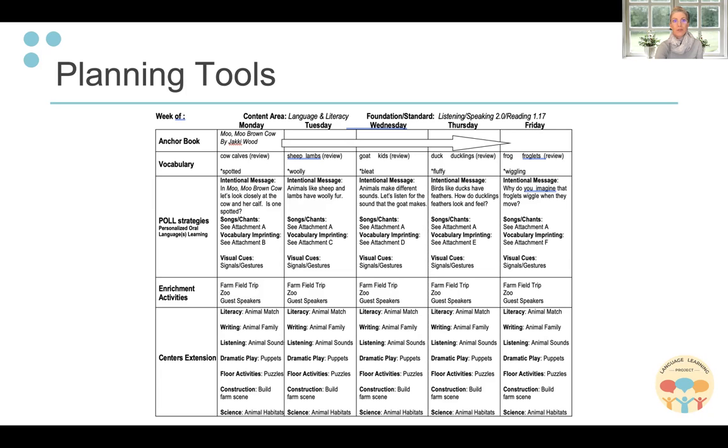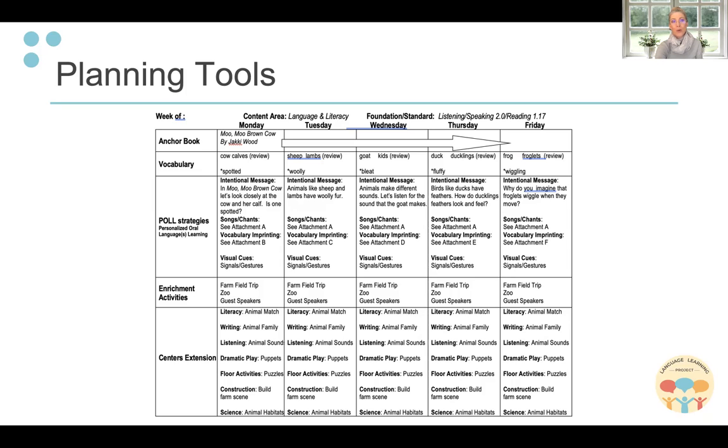In the enrichment activities, these are ways to explore other resources to extend learning. And in your center extensions, these are ideas. You may have other centers or interest areas in your learning environment. These really are areas that should be places where children can explore theme-related items, where they can talk and practice their new learning, and where you can listen in, you can observe and interact by asking questions or offering feedback so that you can have back-and-forth exchanges using key vocabulary with children.